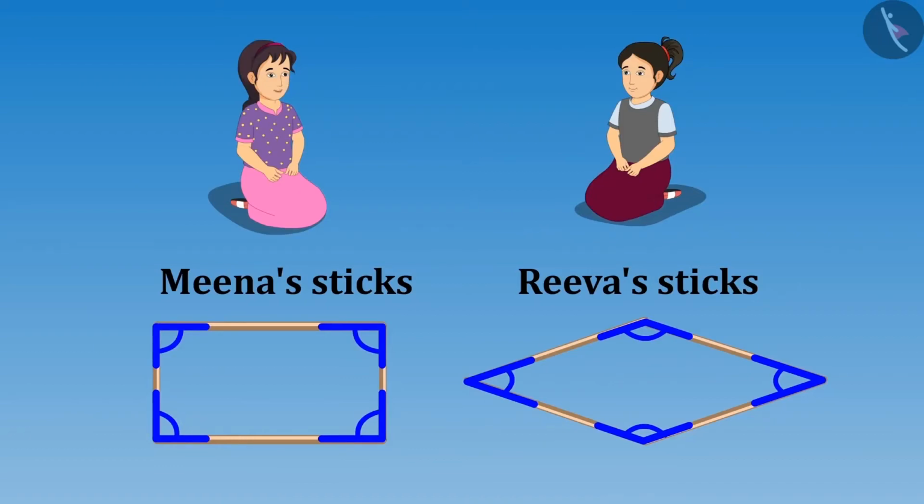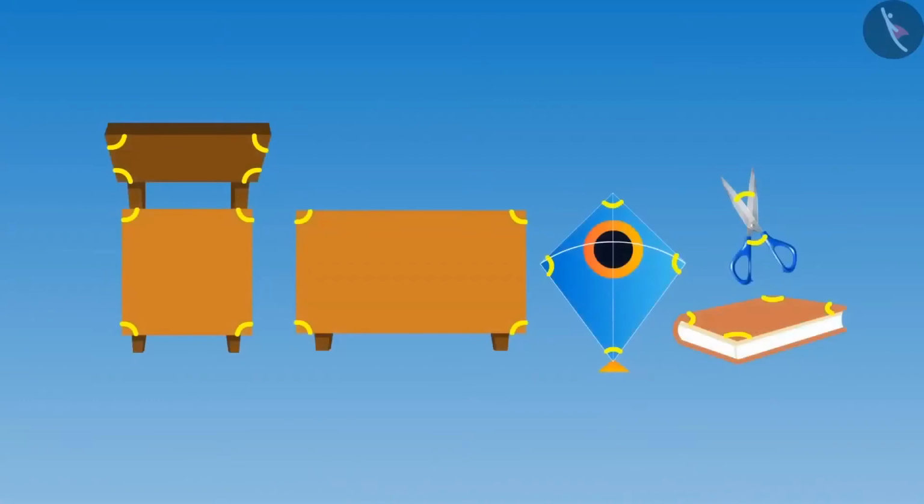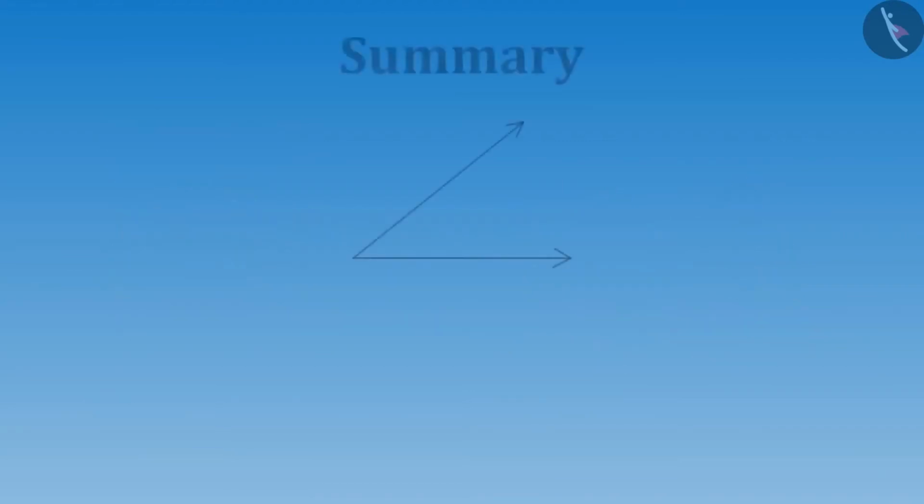So don't you think angles have their own importance? Yes, sister. Now I got it. If there is a change in the angle, it will result in change in the figure as well. Perfect, Riva. Come on, let us identify the angles in the figures we have seen around. Just like Riva and Meena, can you also identify the angles inside the shapes of different objects?